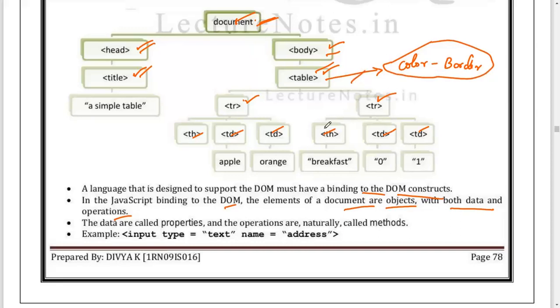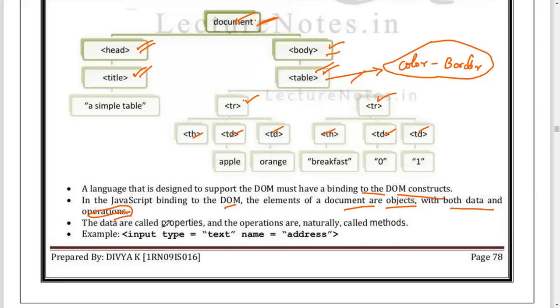These are considered the properties or the operations of that particular element, or the object called the table object. So whatever elements you add into the HTML will be converted into objects by using JavaScript.